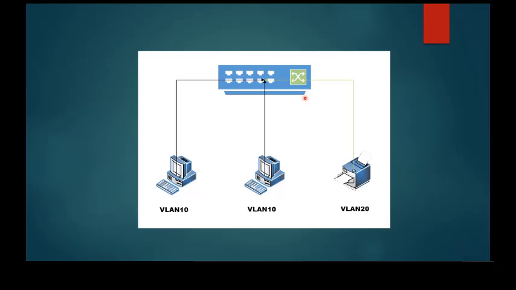Any traffic that is sent down for VLAN 10 will hit that port and it will strip that tagging at the port and send down to the computer that traffic without a tag on